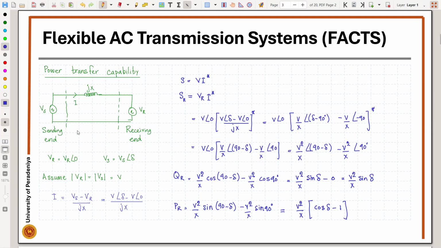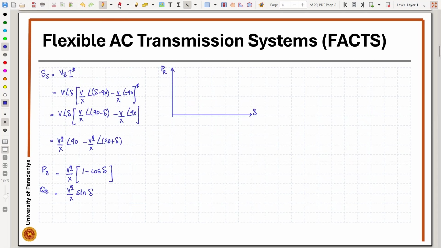So I will make mistakes deliberately in this session. So you need to pick up if I make a mistake. Okay, so this is incorrect. So these two should be interchanged. So this is the active power and this is the reactive power. And similarly, this should be interchanged in the receiving and sending end. So this is the reactive power and this is the active power at the